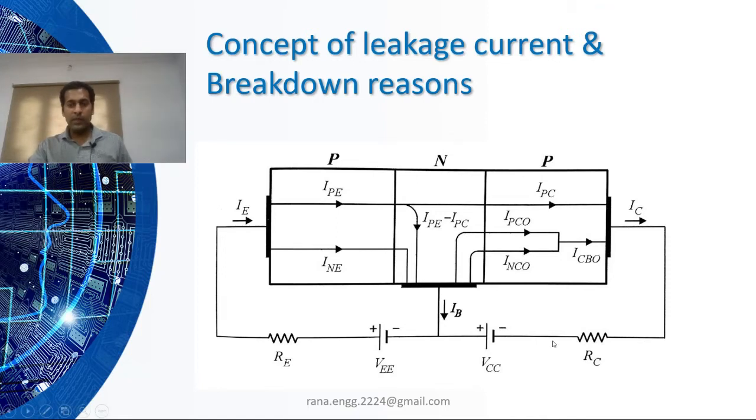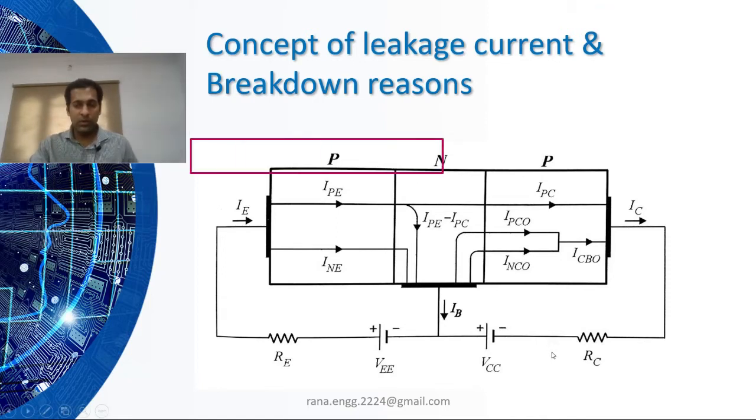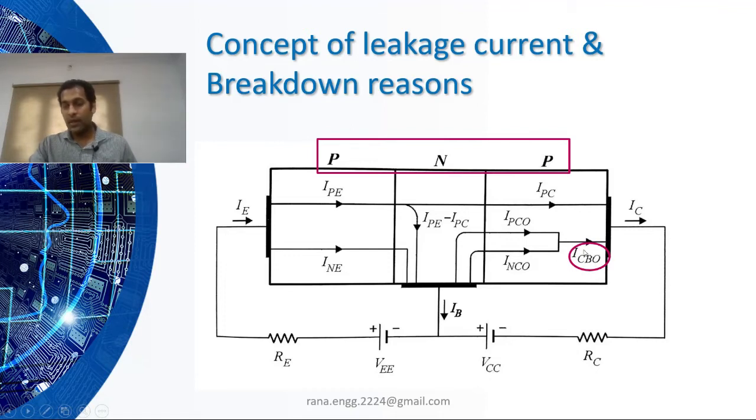Now let us see in graphical mode how exactly they work. What we have to remember, if we are using PNP, the majority and minority we have to take care of. In PNP, two P types and one N type. Then ICBO, that's what we are discussing. It is collector current. We have to see when the base is open. Base is open means this part will not work, the input part. And what is this ICBO?